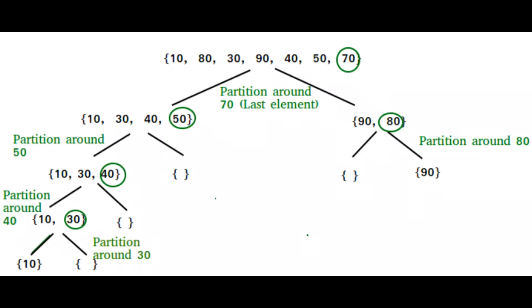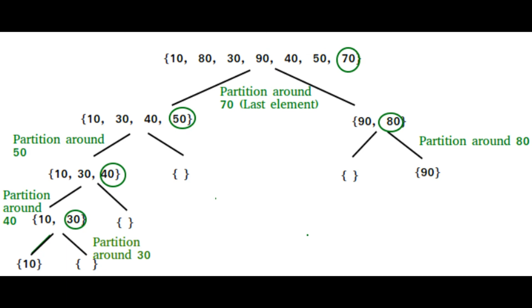Quicksort is what's known as a divide and conquer algorithm. The most important part of Quicksort is choosing a value called the pivot around which to partition your list. In other words, to split the list into sublists. This particular algorithm just uses the last value in the list as its pivot around which to partition the elements of the list. At the very top, the first time the list was split, 70 was chosen as the pivot,